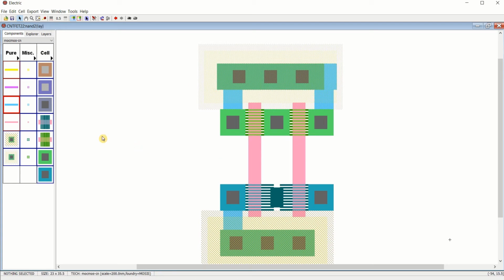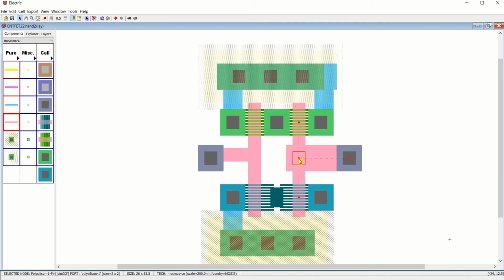Now this is acting as input. So just try to extend this. Select this. Similarly, this is one more input. Or select from here, connect it.